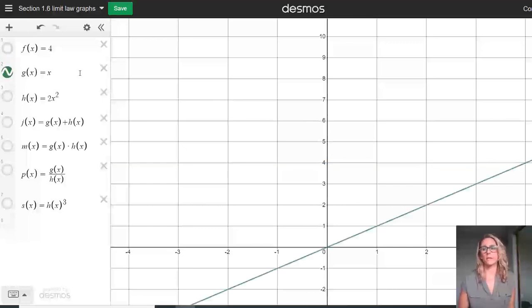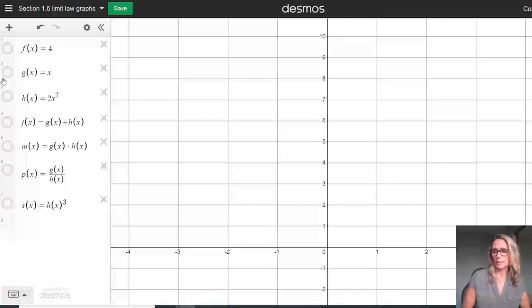Limit law number 2 is the function x. So the limit as x approaches a of just x is a. And the reason for that is because when you think of x, that is a line that has slope 1, so that every x and y value is the same. So it's basically saying as you approach any x value, your y value is going to be that same x value. And again, that's because of the type of function that it is. So we have 2, 2, 3, 3, and of course any value in between as well. So if you ever have just f of x equaling x, that's going to be what you do if you're looking for the limit to any x value.